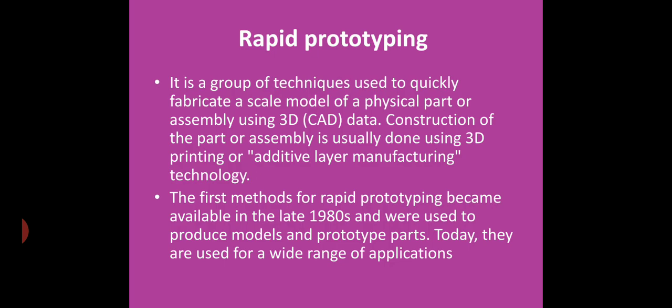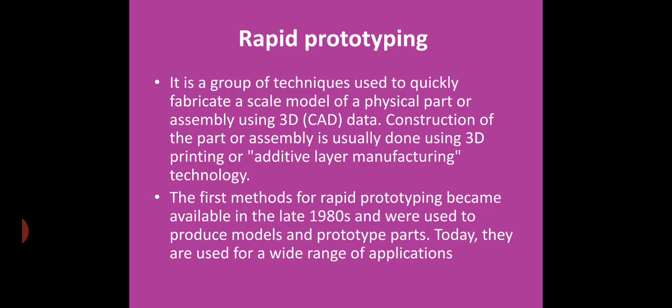The computer then commands the tools, where the tool can move and where the tool can work. All these functions are organized by the computer, that means it is operated by the computer. So the technique used to fabricate a model uses 3D data. And the second one is additive layer manufacturing. Additive layer manufacturing is another technique used for making rapid prototypes. That means we are making the design by one of the methods like additive layer manufacturing.